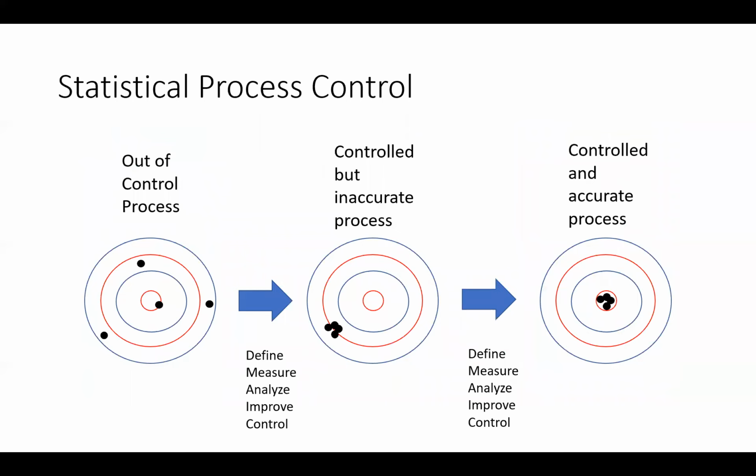Statistical quality control looks at a process, and a process is out of control. We use that phrase to talk about a process that returns unpredictable outcomes. And you don't want a healthcare process to be out of control, because that would mean that,